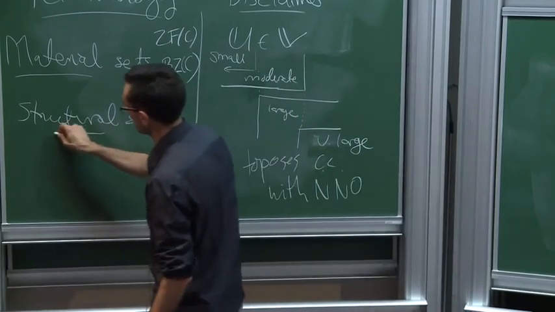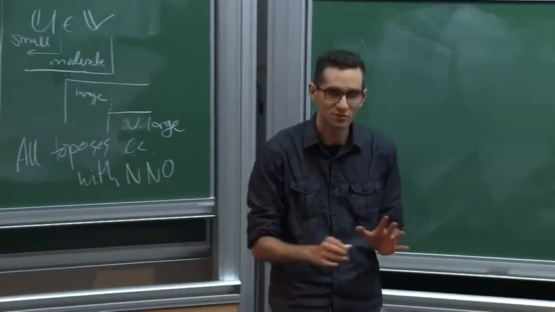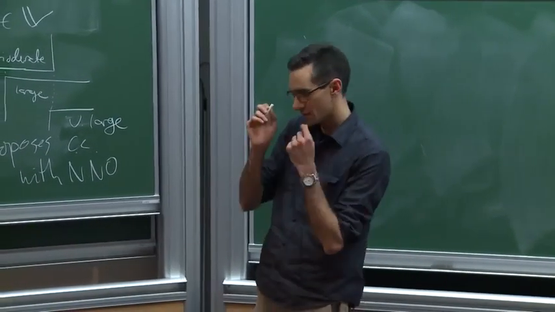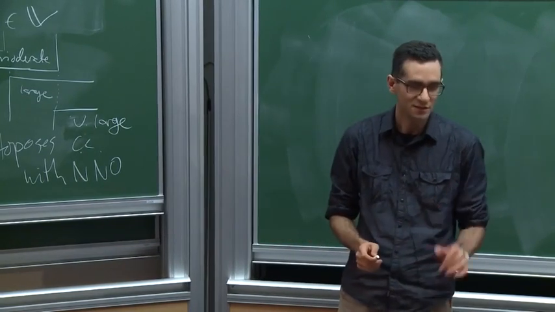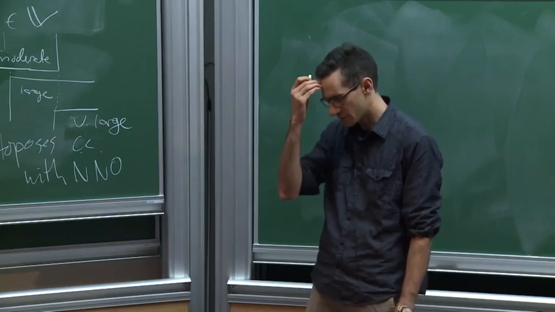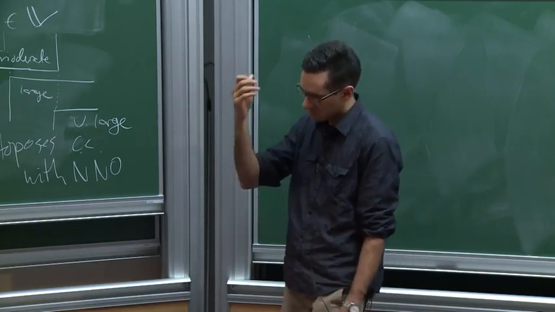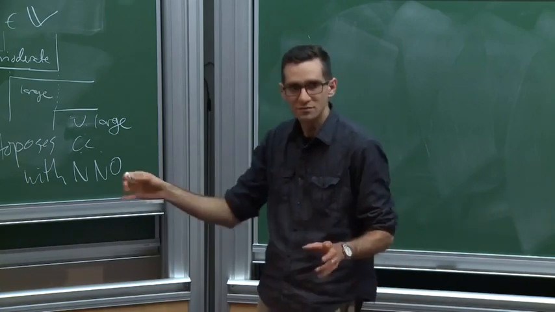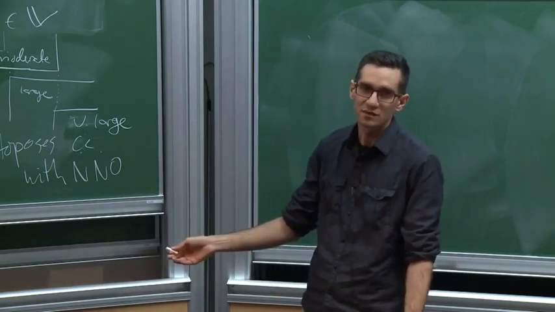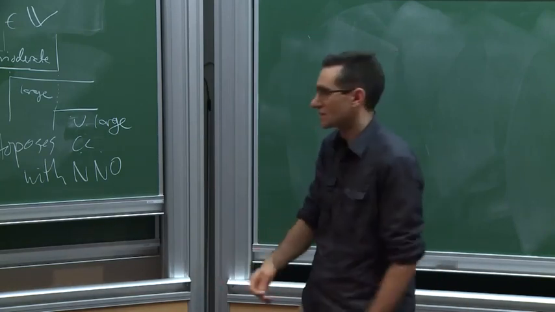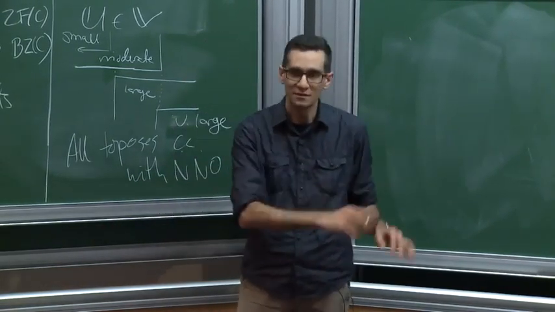Structural sets is where there's no good technical definition, but it's roughly where everything is invariant under isomorphism. You don't worry where you say, take the reals, and then you have to think, do I mean the power set of the natural numbers, the functions from the natural numbers to the natural numbers, the set of all Dedekind cuts such that blah, blah, blah. It's just the real numbers. It is what it is, they're all isomorphic. I don't have to worry about the elements accidentally coinciding with elements of another set.